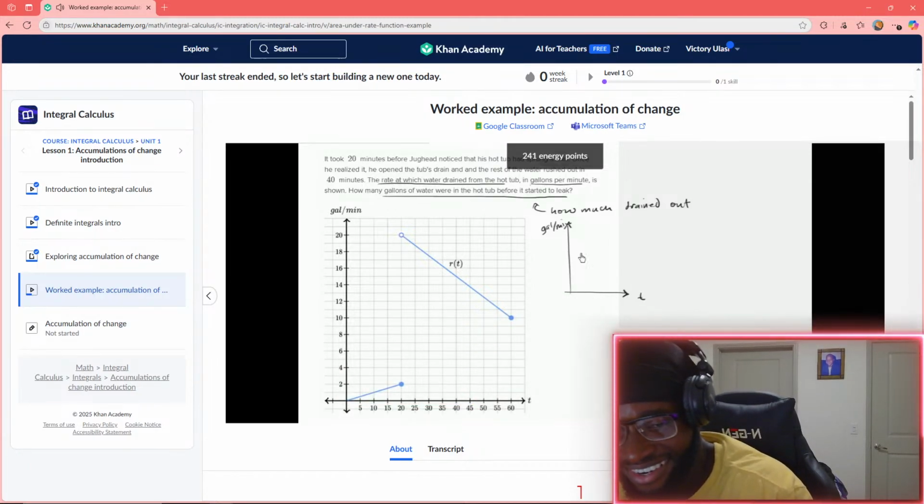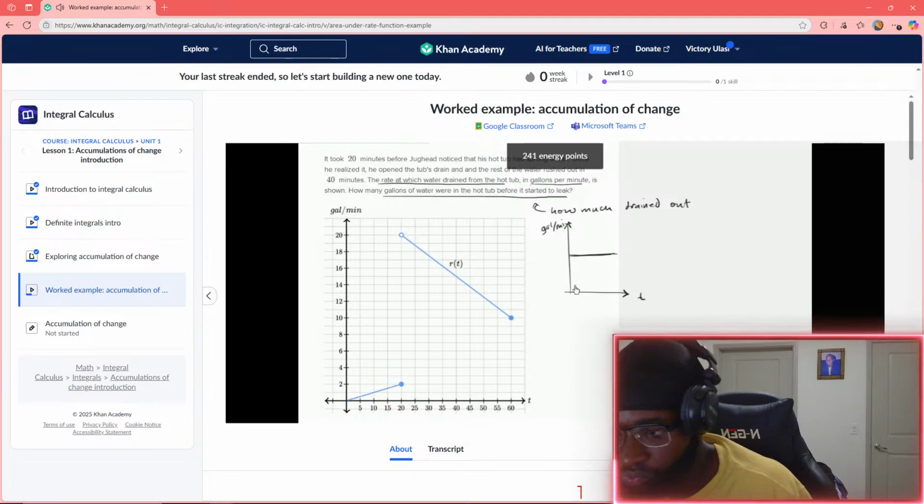I guess you could say this is time in minutes. And let's say things are draining out at a constant rate. If you wanted to figure out how much drains out over a certain interval of time, let's say this interval of time right over here, let's call that delta t, you would just multiply